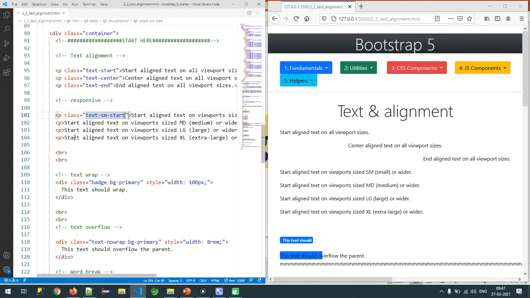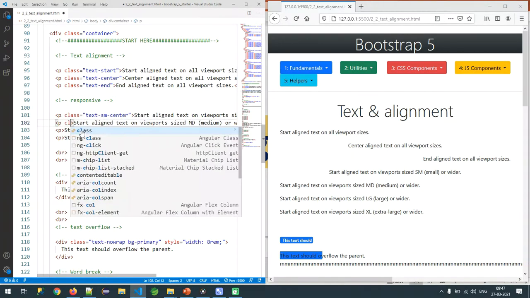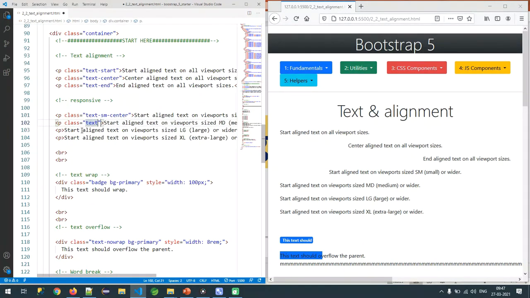Now this one is allowed. Let us go with the center. Now you can see class equal to text hyphen md hyphen center. So right now this paragraph is only center aligned for the medium devices and any wider devices.